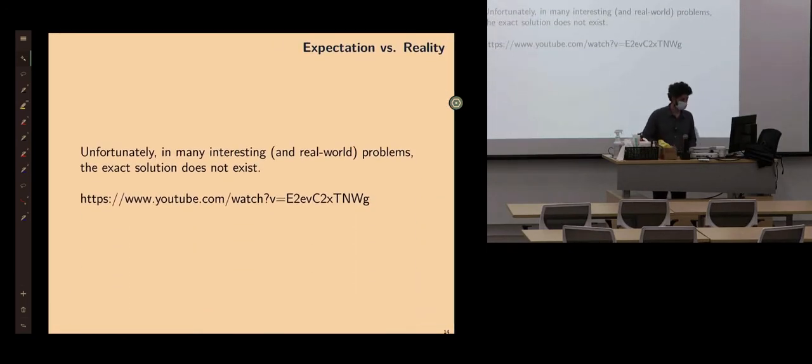Now we're going to talk about the fact that many interesting problems in the real world unfortunately do not have exact solutions. You're not going to be able to solve a problem exactly. We talked at length, in detail, that if b is a linear combination of the columns of A, you're going to get a solution. It's exact, it's 0, but it's never going to happen in practice. Okay, so